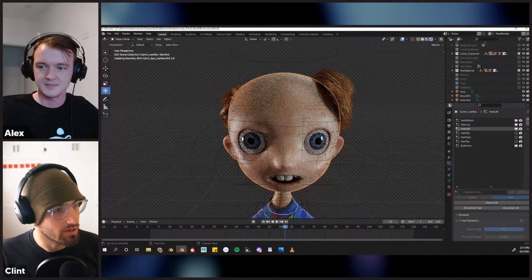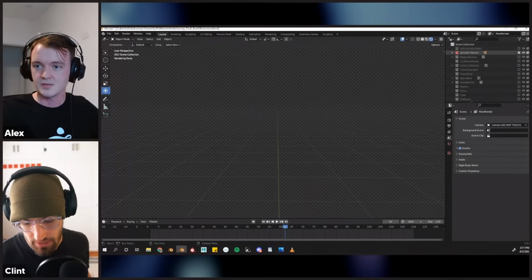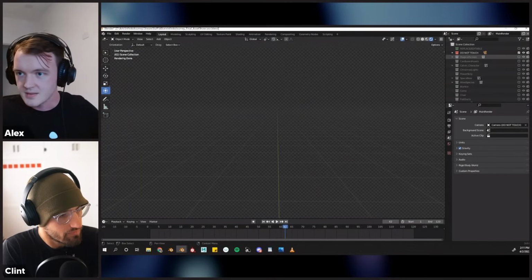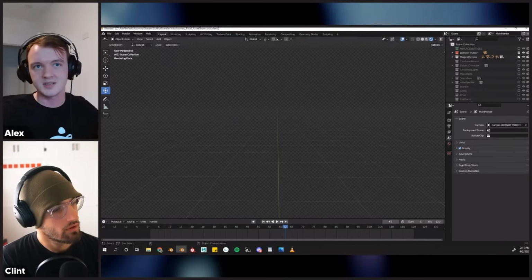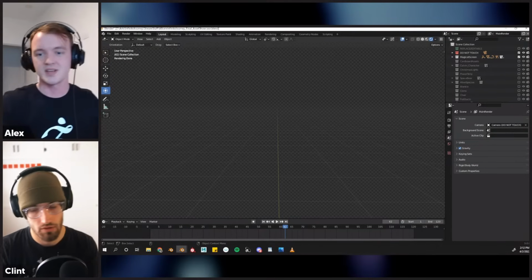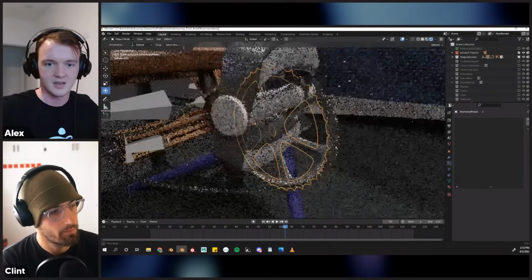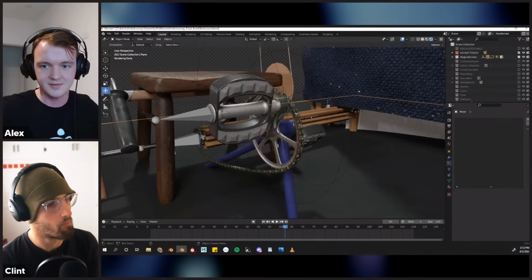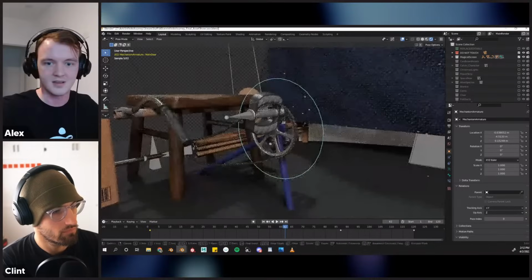Can you touch on the pedal rig briefly? Oh yeah. The pedal rig controls, it goes down. It's pretty complicated. It's really cool how you set that up. Yeah, so it's driven a lot by what are called drivers in Blender and set-driven keys in Maya, where one rotational value controls a bunch of rotational values. Okay. Yeah, they're called drivers. And for this rig, whenever this rotates, this whole pedal system here